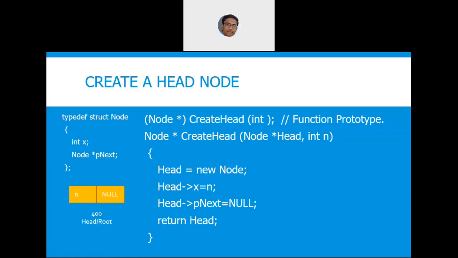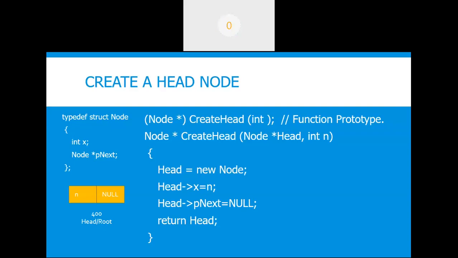Now here probably you can write another if inside this function. When you are creating the head node, head is equal to new node. If head is null, then you can return null. Else you can do this. Are you following? Yes, sir. So creating a head node is clear. Head node function is clear.